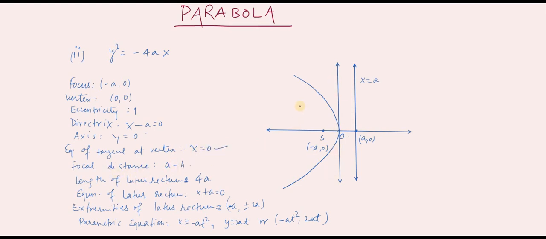Focal distance is a minus h. If you take any point P on the parabola and its coordinates are (h, k), then this length PS you will get as a minus h. Length of latus rectum is 4a. Equation of latus rectum is x plus a is equal to 0. Equation of latus rectum means a double ordinate passing through the focus. Extremities of the latus rectum, that means